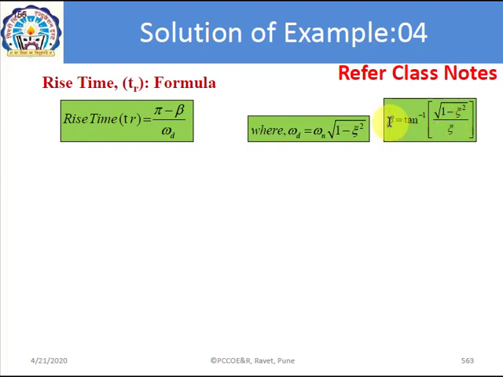When we are calculating the beta value, you will get it in degrees, and when substituting this beta value in this formula, we have to convert it into radians. That means in this formula beta should be substituted in radians after converting from degrees. Most of the time we make a mistake while substituting the beta value, and that's why the rise time comes out different.